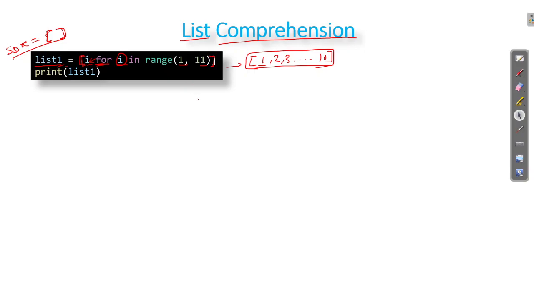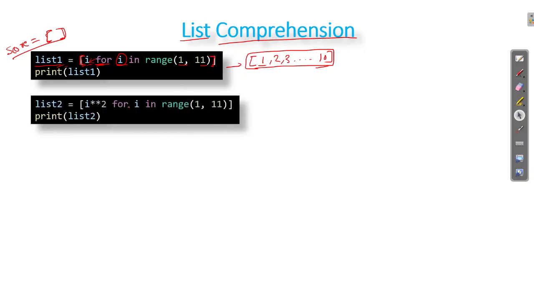Okay, now let's see the second example. Suppose a person wants to tell you, okay, give me the squares of all the values from 1 to 10. What you can do, instead of writing this for loop, like for i in range 1 comma 11, then initializing a list, suppose list 2 equals, you have initialized like this, then you write for i in range 1 comma 11, then colon, then for each i, you are storing list 2 dot append i square.